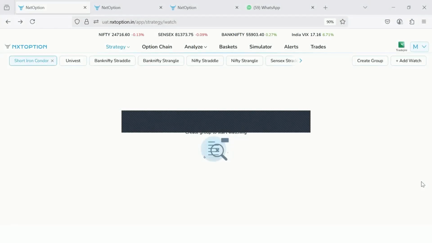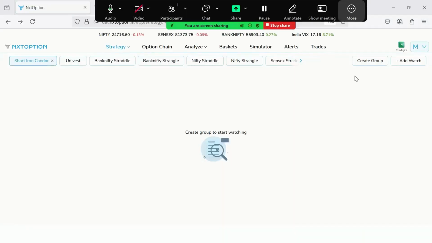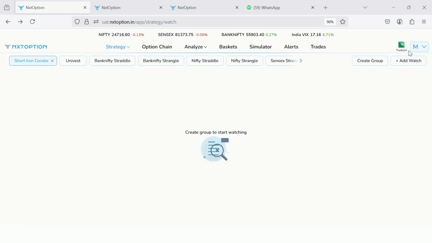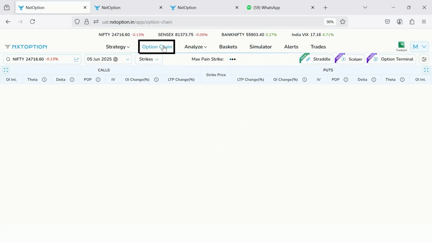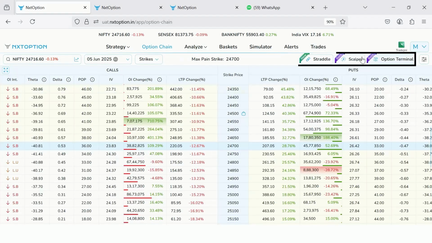Hello all. This particular session will cover the three new features that have been introduced in Next Options. Now, Next Option, a dedicated option trading platform, is made freely available for all the Tradejini clients. Now, if you click on the option chain, we have come up with three new features: option terminal,